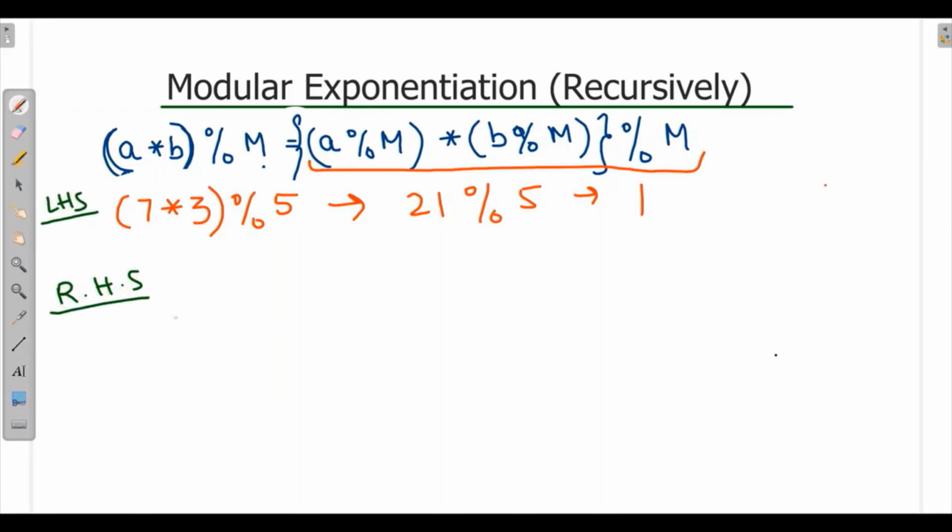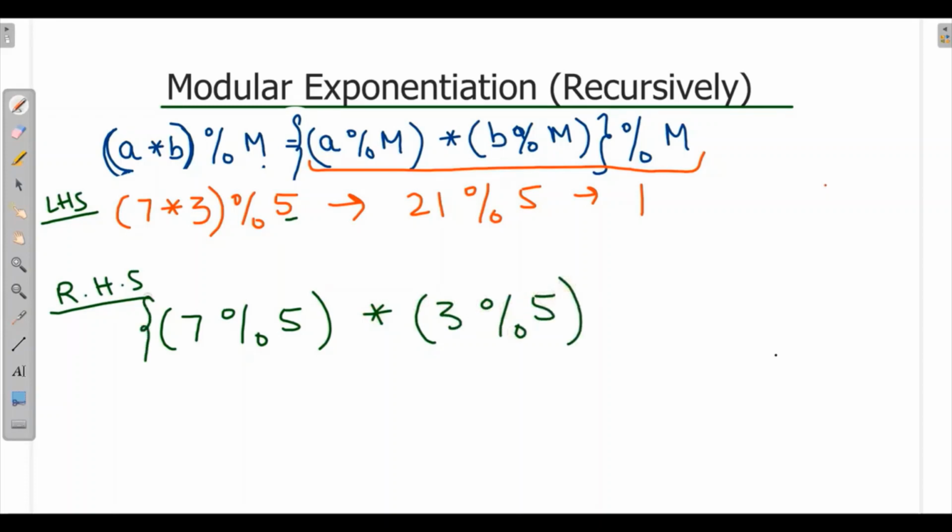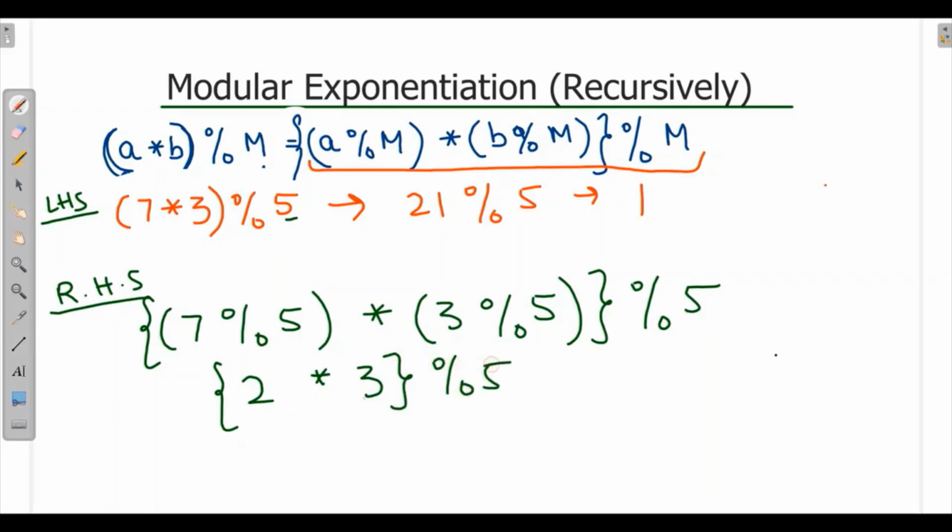A is equal to 7, 7 mod 5 into B is 3 mod 5 and collectively it will be mod 5. So 7 mod 5 is 2 into 3 mod 5 will be 3 and this will be collectively mod 5. So 3 twos are 6, mod 5 will be 1. That means LHS is equal to RHS.